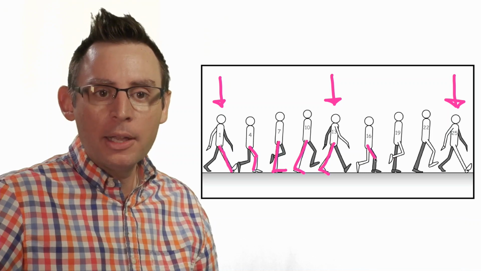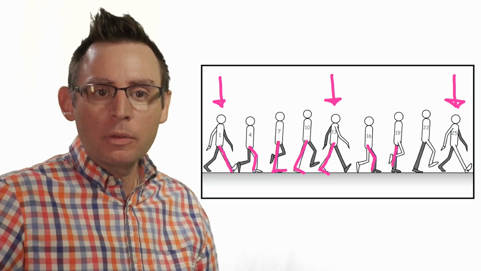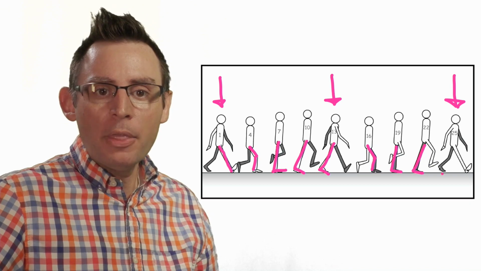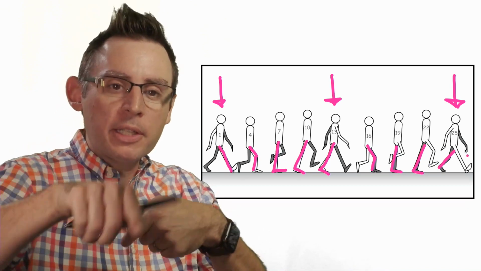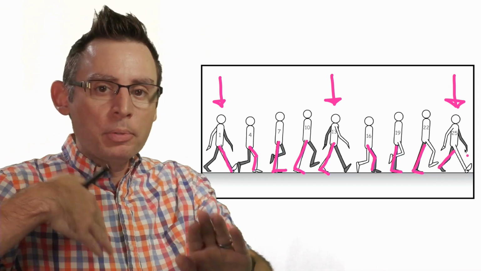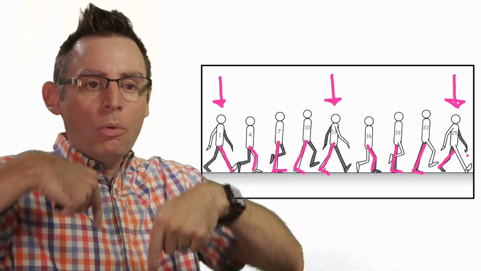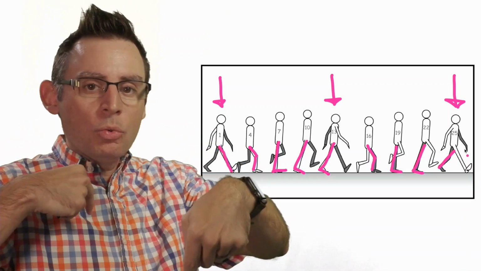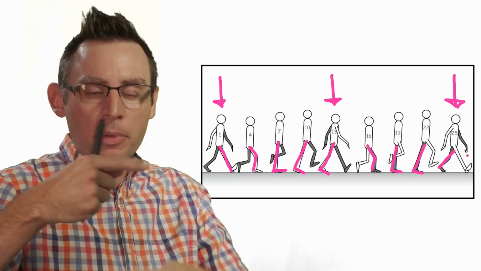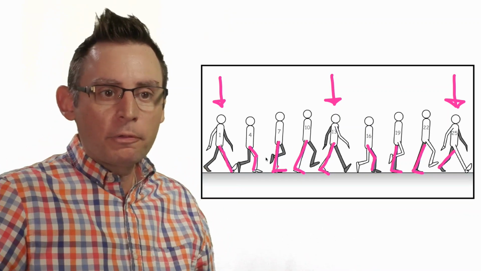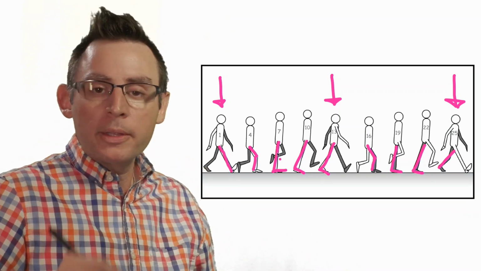Now, on the back side, check it out. The gray leg is serving as the anchor, and the white leg is the one that's physically taking the step. So we're going to have a complete cycle here. The goal is to have our character do one complete step for each leg. In the first part, the white leg is going to be the one that's the anchor.